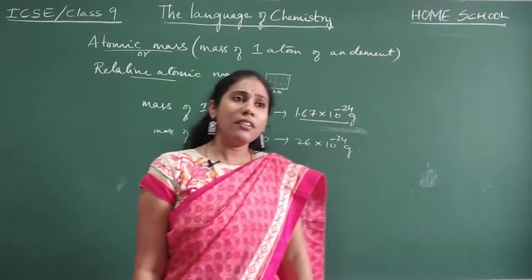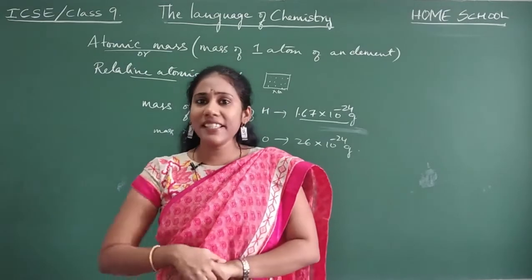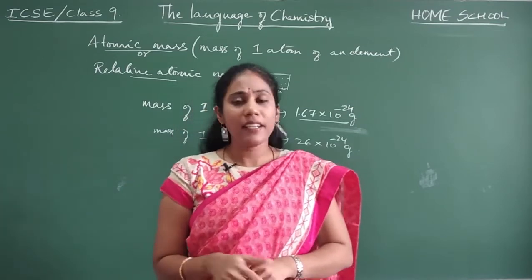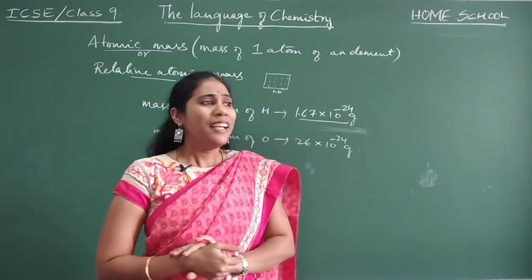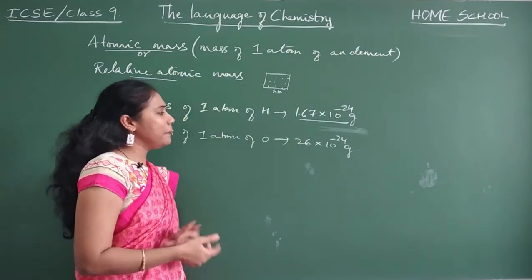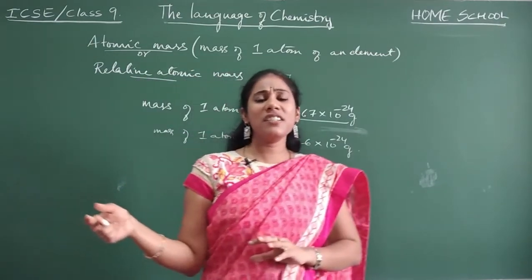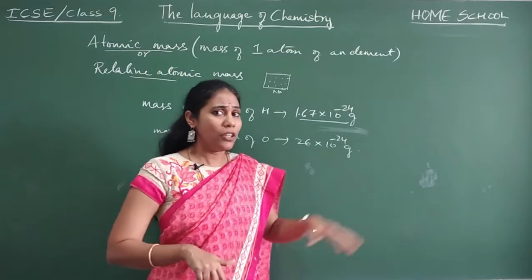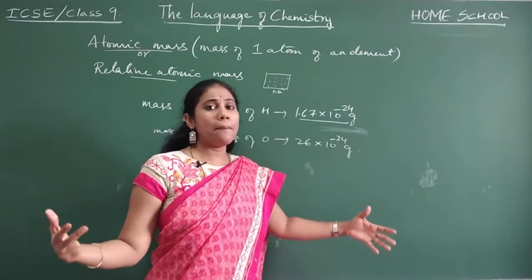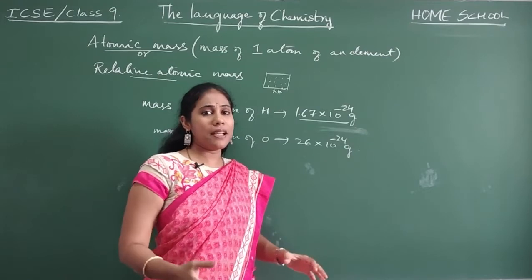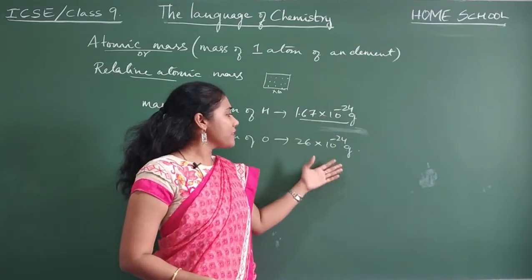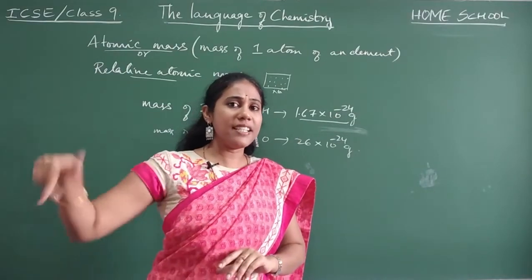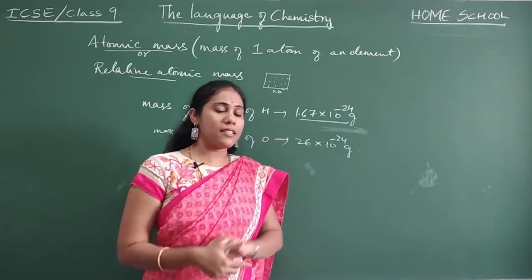For most of the studies that come in chemistry, we use atomic masses. Lots of calculations will be there using atomic masses. If the number is such a small number, our further calculations which we do with the help of atomic masses will become more difficult, no? When you are doing calculations on some concepts with the help of atomic masses, if the numbers we use are such small numbers, it leads to lots of confusion.